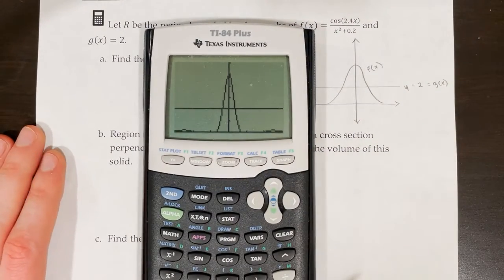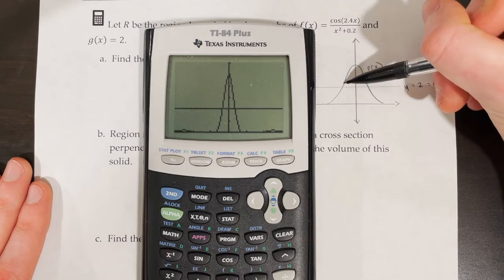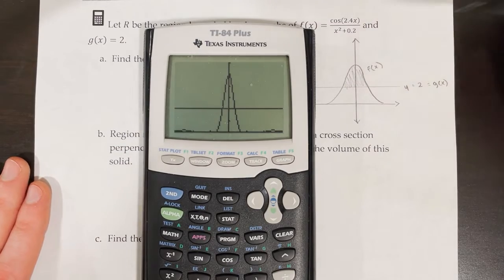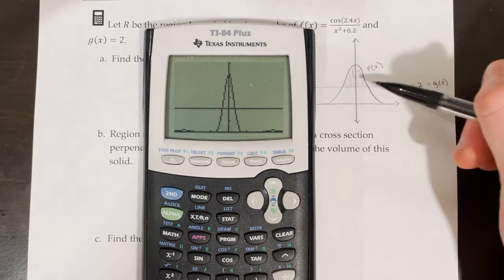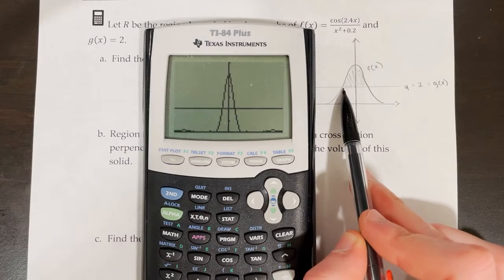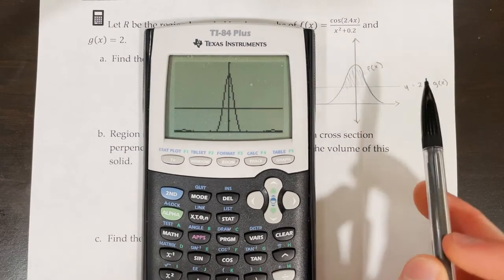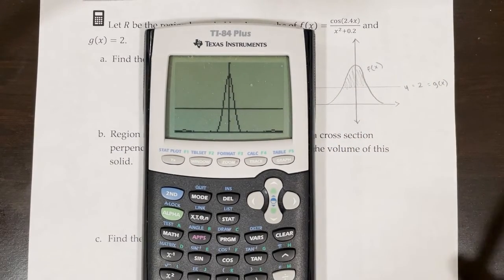Now, if I'm trying to find the area of region R, and region R would be this shaded region right here, I'm going to need to do the integral of the top function minus the bottom function from this x value to this x value. Now, the problem is I don't know what those x values are, so I'm going to have to find the